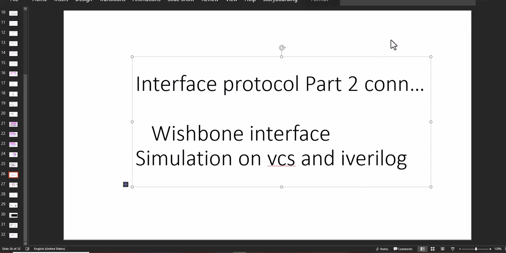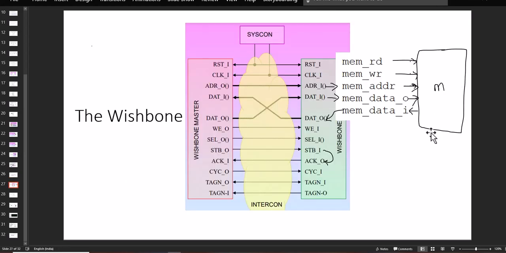Good afternoon to all. This is a continuation of the interface protocol part 2, in which we saw the Wishbone interface, and now we'll simulate it on the VCS and Iverilog in this video. For that, I hope you refer to the earlier video for all the details of the signals. In this video, we are going to implement the slave part, which connects to the memory, and the signaling